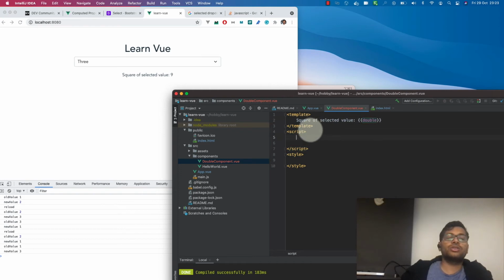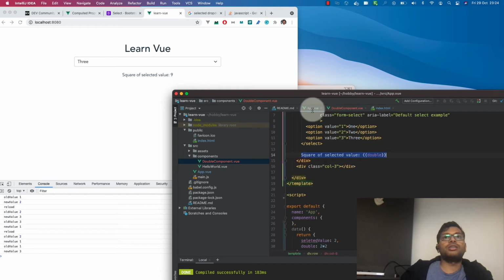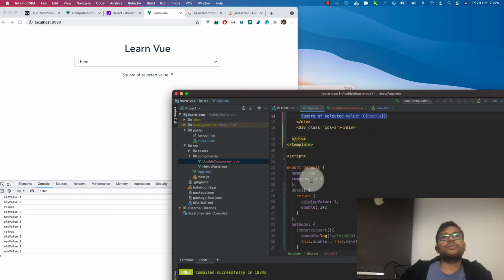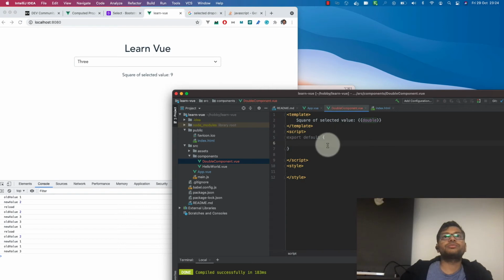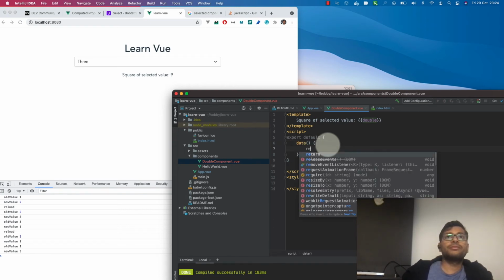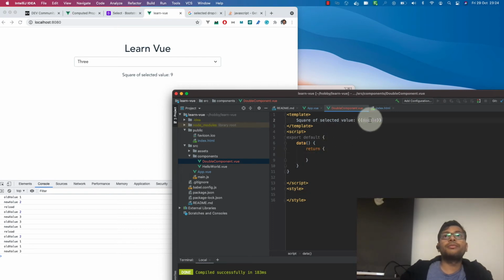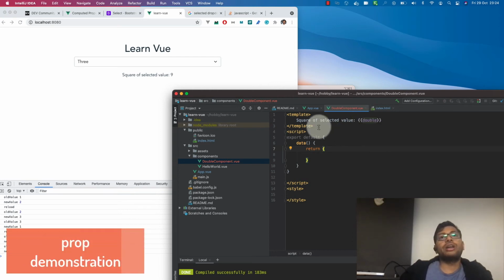So we can call export default, format it, and like this we can call data, but this value should be passed from a prop. So you will understand what a prop is.